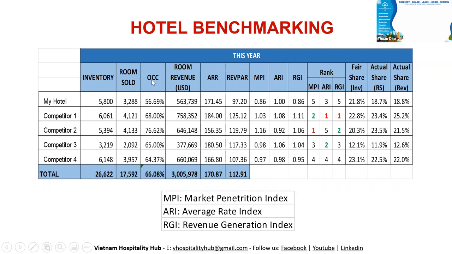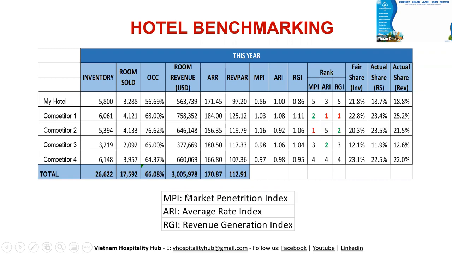So from these 2 figures, they will calculate the other figures over here. Let's say from room zone, they can calculate the occupancy by taking this one, divided by this one, because the inventory of the hotel is actually fixed, all right? And then you just input the room zone, then they can calculate the occupancy. Then from this room zone and with the ADR, you just input the ADR in, they can calculate the room revenue, all right? And from this, they can calculate the RevPAR.